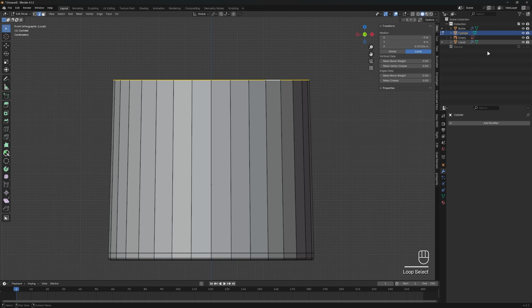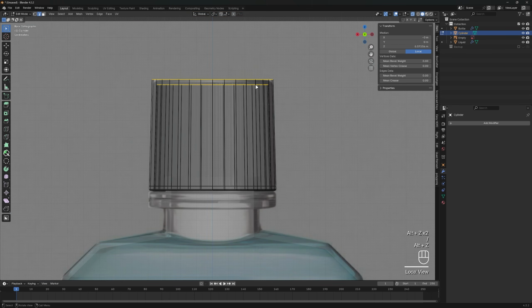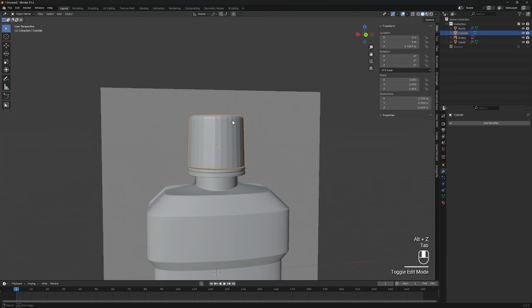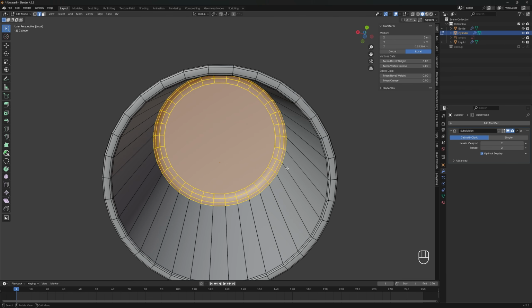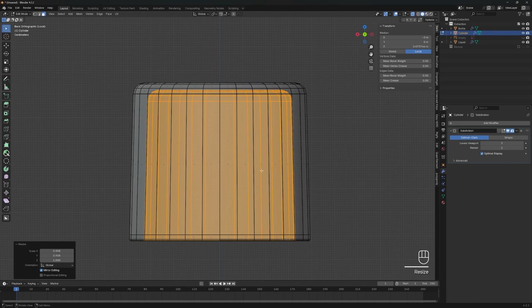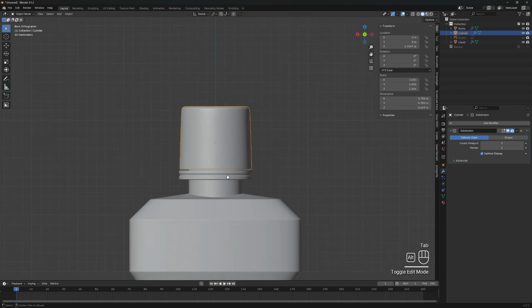Unhide the reference and isolate the cap by pressing slash once again so we have a better view. Bevel the two loop edge with 3 segment bevel, then give the cap subdivisions modifier and set it smooth. So if you think this cap is too thin, you could adjust the thickness by scaling the inner cap. It's unnecessary and it needs more time to select the inner face one by one.